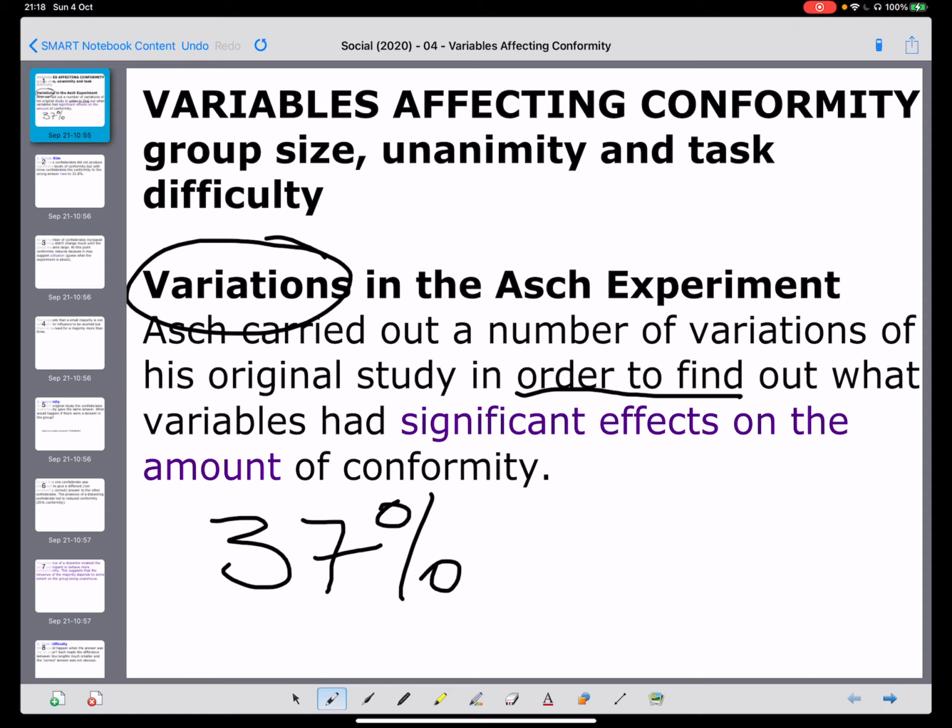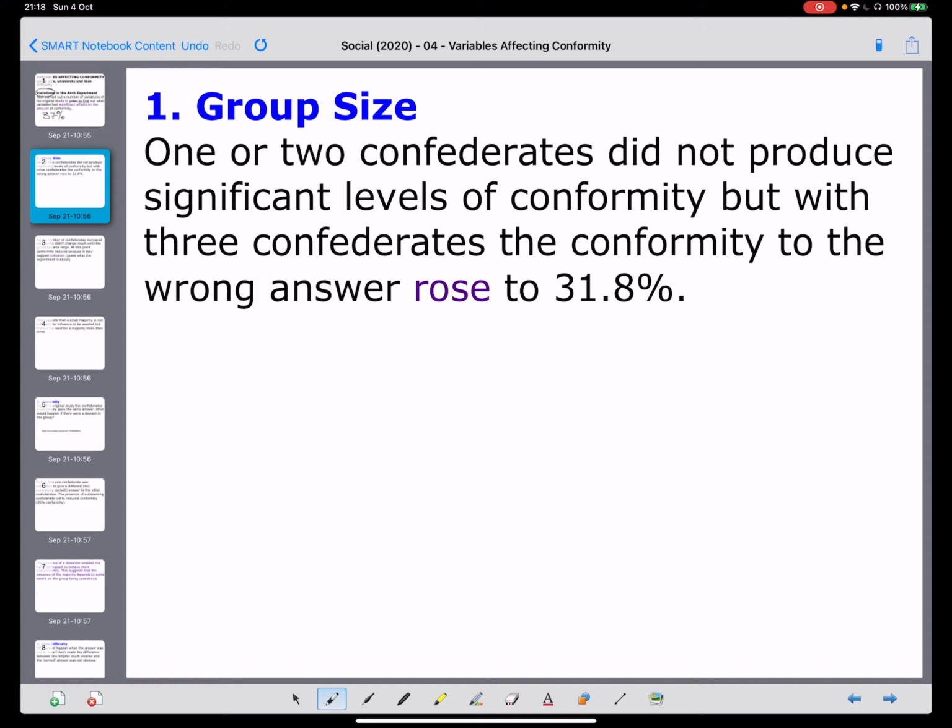Okay, so let's look at the variables that they ask us to have a look at. Group size. Now, this is not to be confused with crowds, because crowd behavior is something which psychologists have been interested in for centuries almost, and so it's still interesting, and we would like to understand why groups that are very large act in a particular way. But we're looking at the context of Asch's experiment, whether the group was smaller or bigger, and whether conformity increased or decreased.